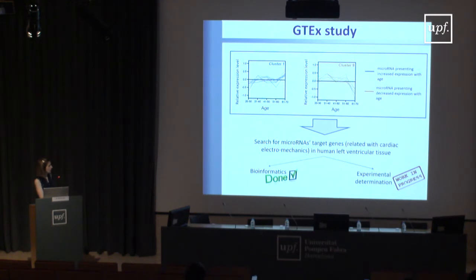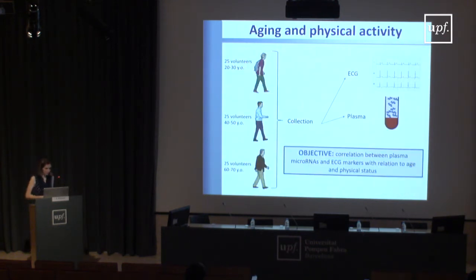Of course, this is part of the work that we have started using another database study as a first step, and then we are doing the experimental validation in our tissues. And as a final part of the collected data that we use, we've started considering that maybe physical activity was a very important variable in understanding how different persons age.